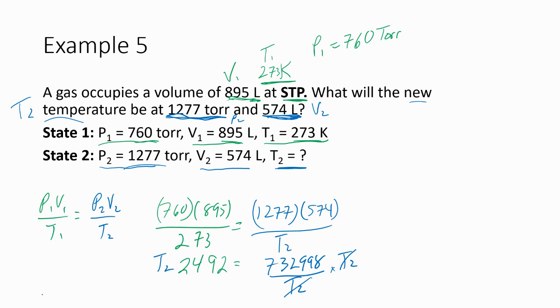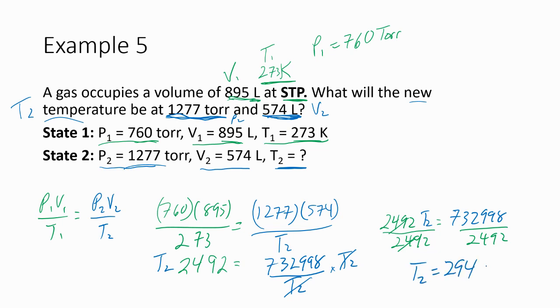And then since we have 2492 T2 will equal 732998, we want to divide both sides now by the number so we can isolate our x, which is the T. So we're going to divide by that, and what we do to one side, we do to the other. So T2 is going to equal that 732998 divided by 2492, which is 294. So T2 equals 294. It's a temperature, so the units of that are